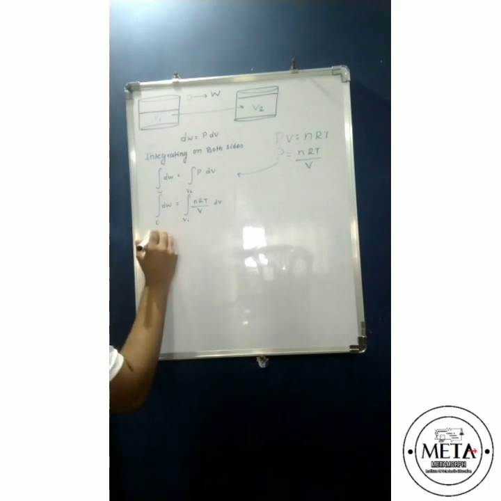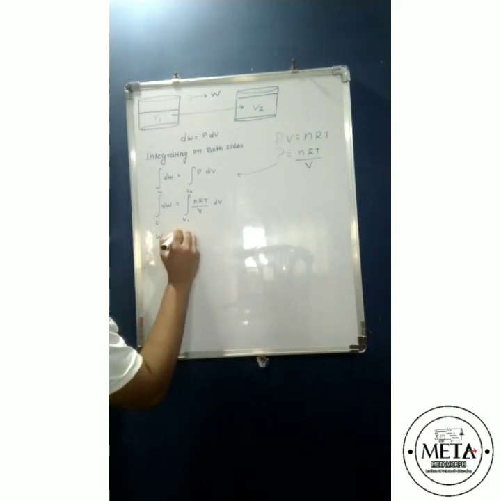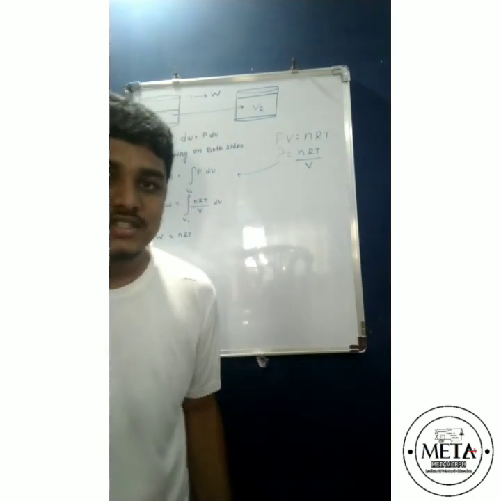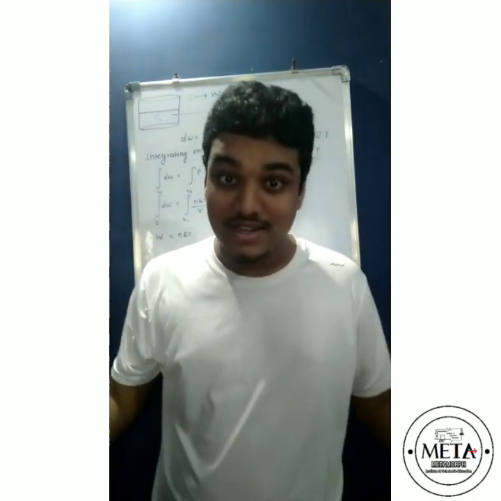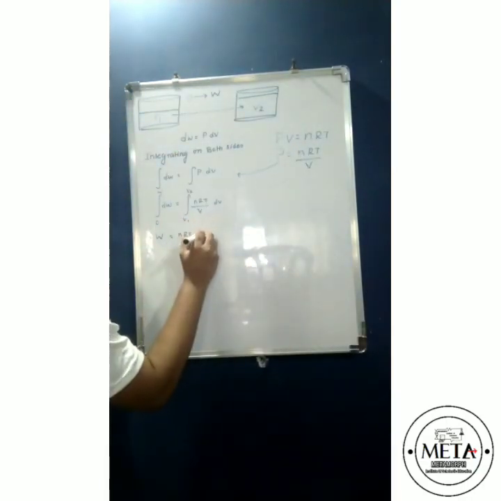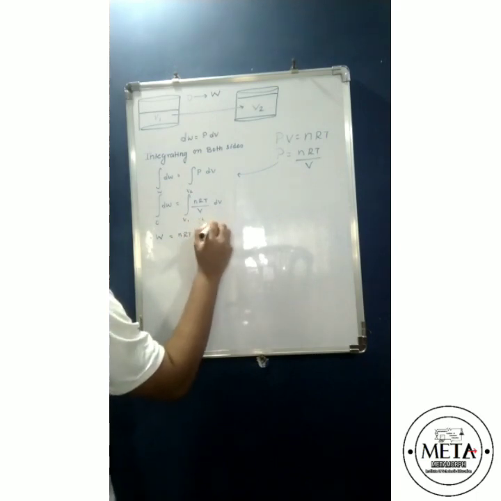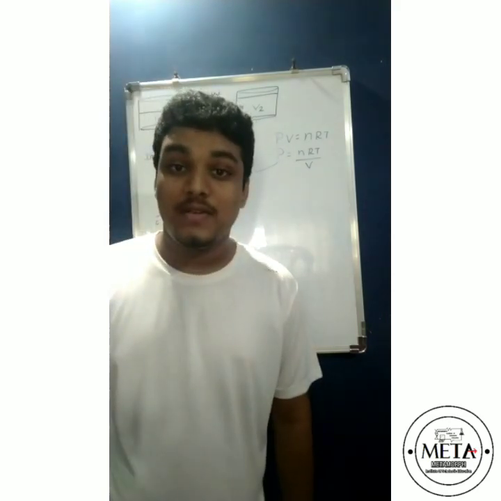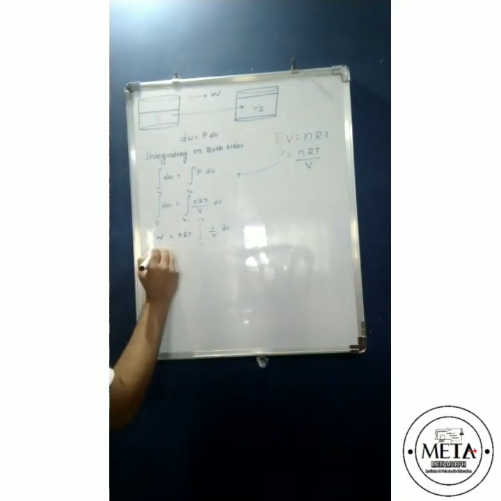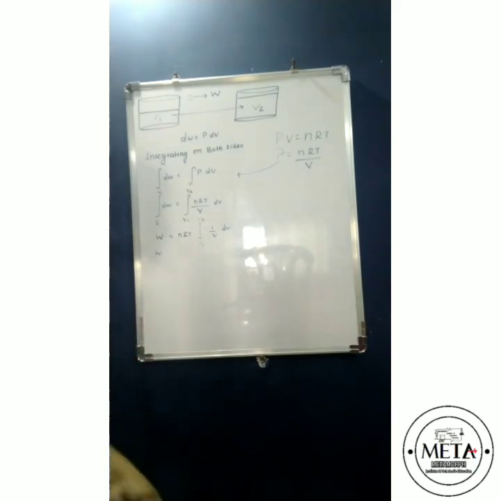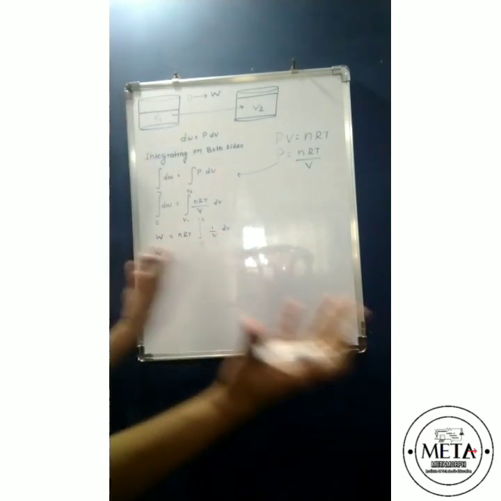So you have W is equal to nRT, which is constant. n is the number of moles, which is constant, R is the universal gas constant, which is constant, and temperature is constant because it's isothermal. So we get nRT into the integration from V1 to V2 of 1 by V dV. What is the integration of 1 by V dV? If you don't know this, it is going to be very bad. So W, let us keep it as it is because we know it is W. Integration of anything with respect to W is W, upper limit minus lower limit. So it's going to be W.